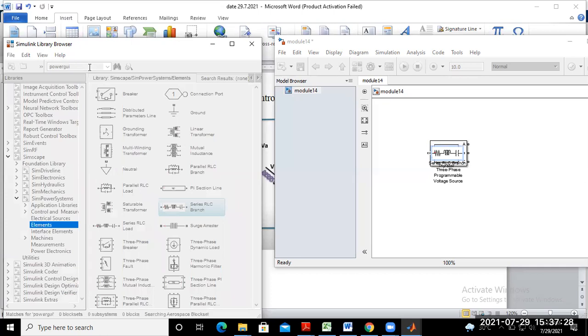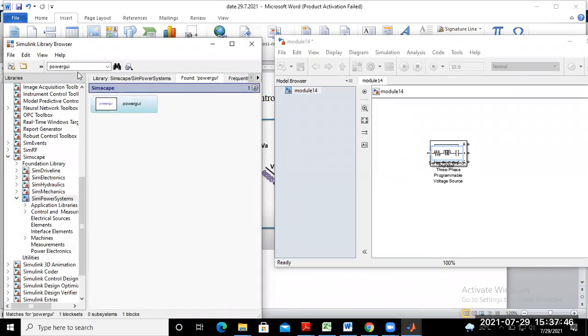Just click on it. This is a search box. If you don't know where a particular block is, directly type in the search and press enter. So Powergui is here. Again, drag it to model number 14.